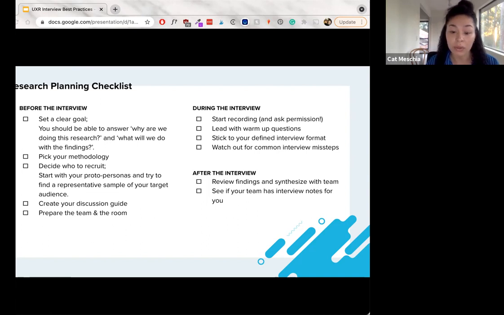Similarly, if you've decided to do a structured interview, which isn't really what we're talking about here, but if you decide to go for a structured interview and you're like, oh, I want to dig into that more, well, maybe it's time to reassess what your project goals are and pick a new methodology. This is a way of making sure that your data can be comparable. We'll come back to this last point because honestly, a large part of this presentation are the common interview missteps, but you'll get more walkthrough for those.